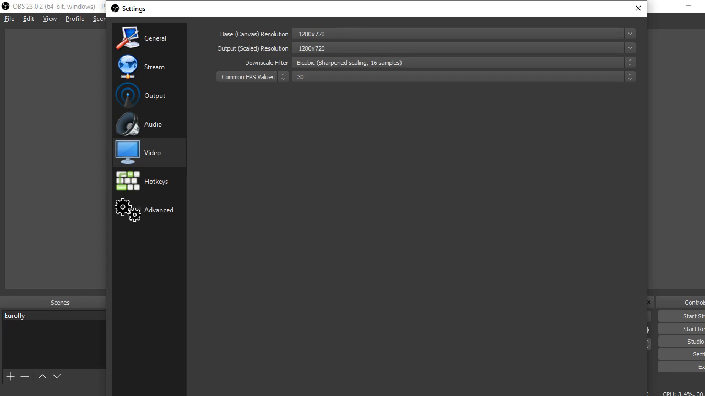Downscale down combo box common FPS values. Now I also wanted to mention, I left this other combo box next to that alone, where it says downscale, common FPS values. I left this alone. And then I have the last combo box set to 30